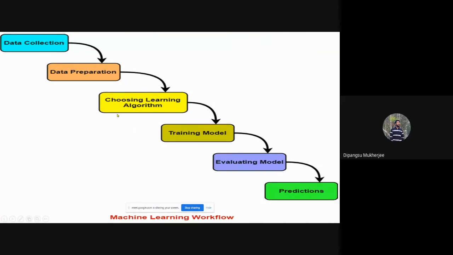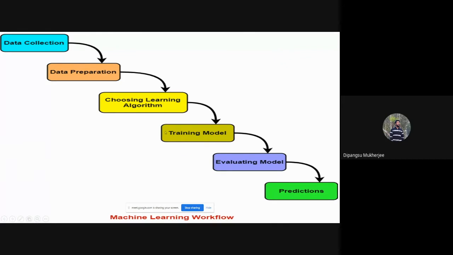After choosing the right algorithm, we will have to train the model by using 80% as training data, and the remaining 20% we will use to test the algorithm. That means, is the prediction correct or not? If it is correct, how accurate is it? What is the accuracy of the model? This type of thing will be there for training the model.